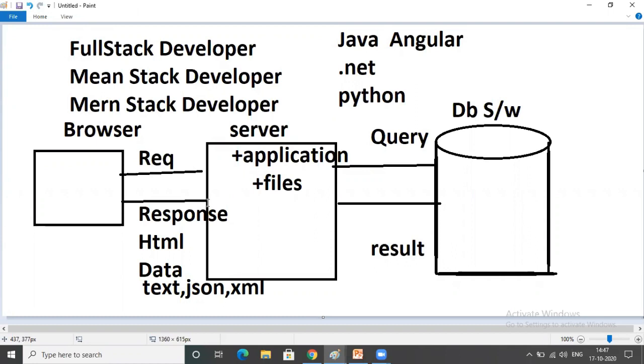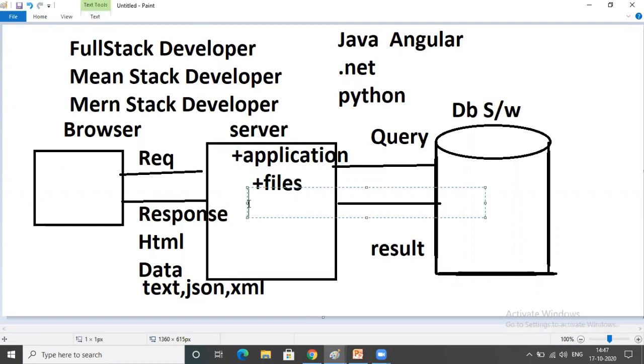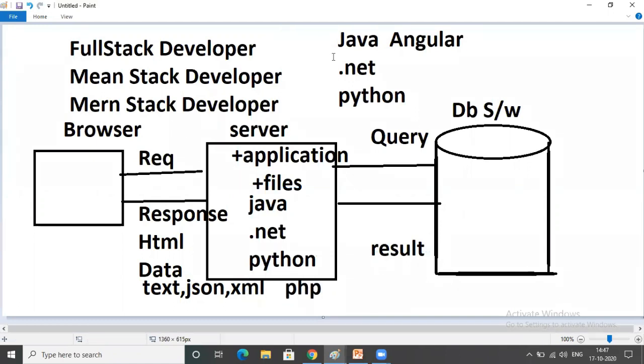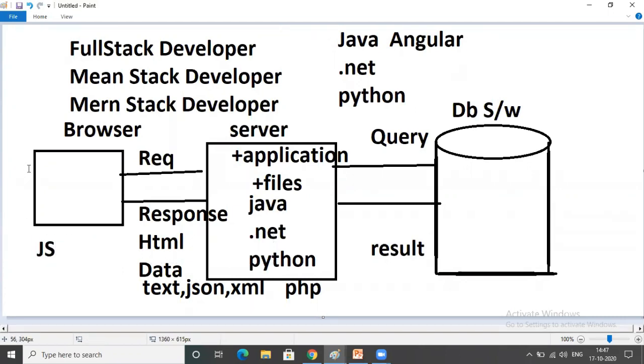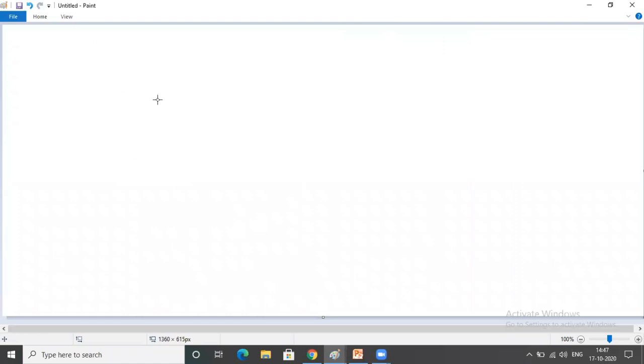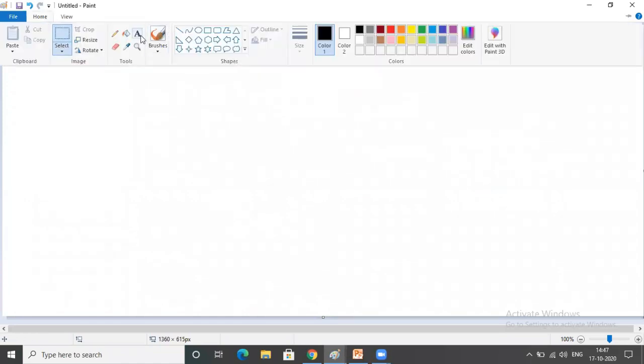But nowadays the architecture is totally different. If you develop any web application using Java, .NET, Python or PHP, in olden days the maximum application code would execute on the server. The total application code executed on the server, so there was unnecessary burden on the server and performance issues. But now the current trend is that JavaScript is very popular. The beauty of JavaScript is that JavaScript code will execute on the browser. JavaScript is a scripting language.